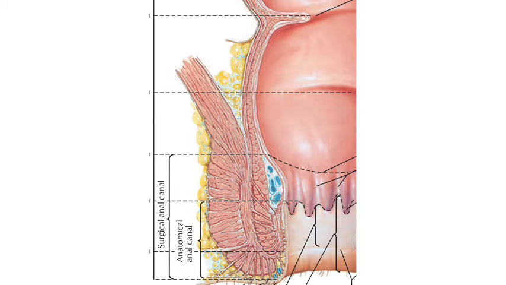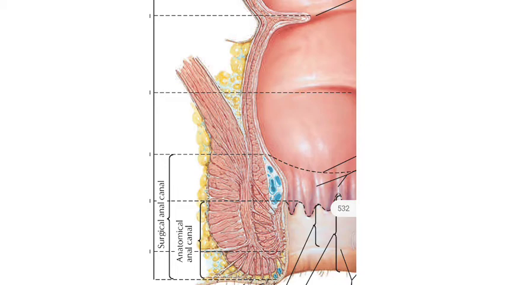This much region is the conjoined fibroelastic sheath. It extends downwards around the anal canal between the sphincter ani internus and the externus muscle. This is the sphincter ani externus. This is the conjoined fibroelastic sheath extending between them. At the lower end of the internal sphincter, at this region, this conjoined fibroelastic sheath turns medially and splits into a number of septa, which pierce the subcutaneous part of the external sphincter.